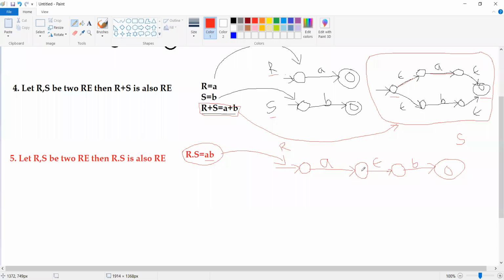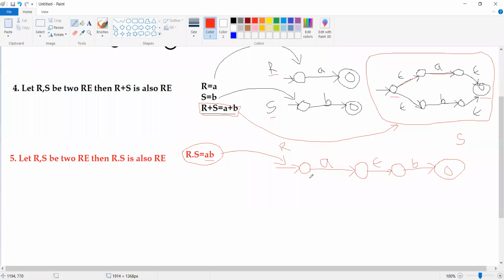It becomes a non-final state. From that non-final state to the initial state of the second finite automata, we specify the epsilon transition. Then you get a new finite automata which recognizes the concatenation result, R into S.